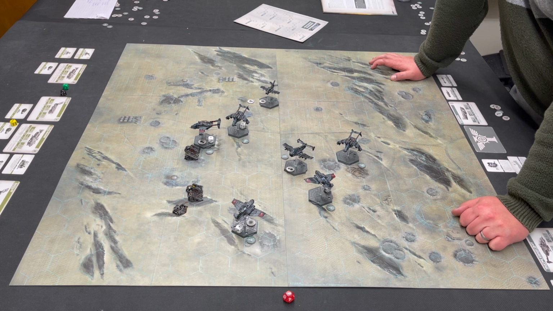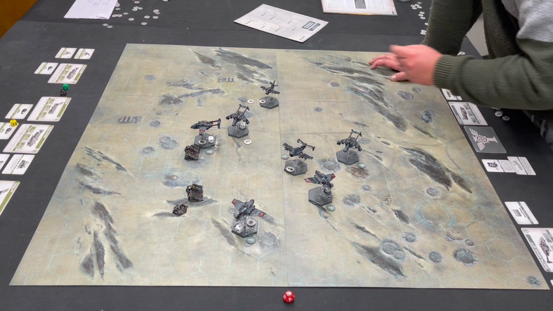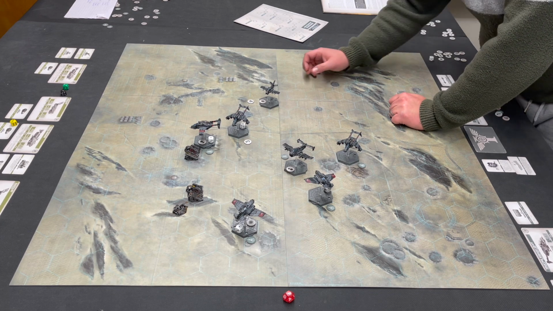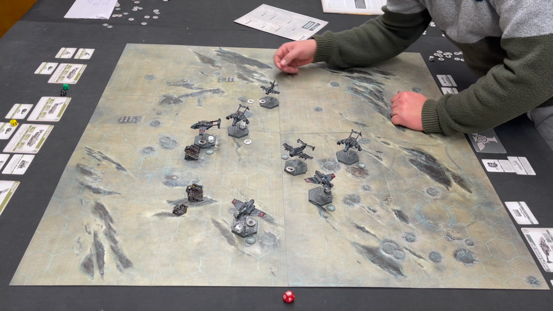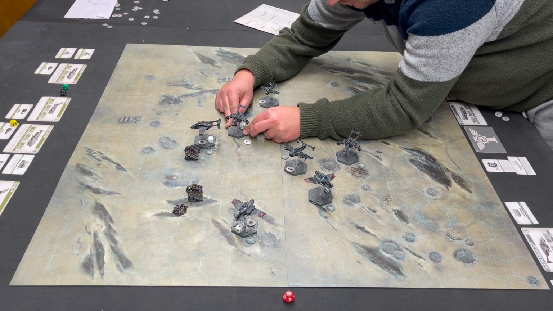That's me done for movement. That's you done there. Oh no, it's not, I've got one more. Sorry, I've got to do a 3, which is a turn. So I'm going to decrease my speed by 1, so it's on speed 3 now,